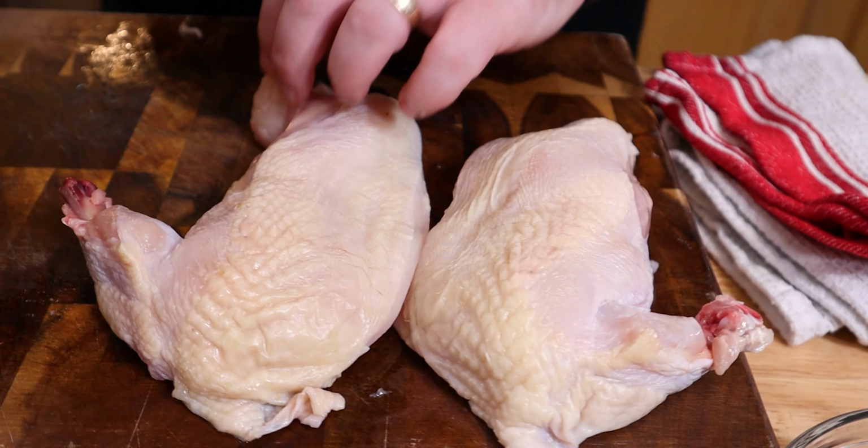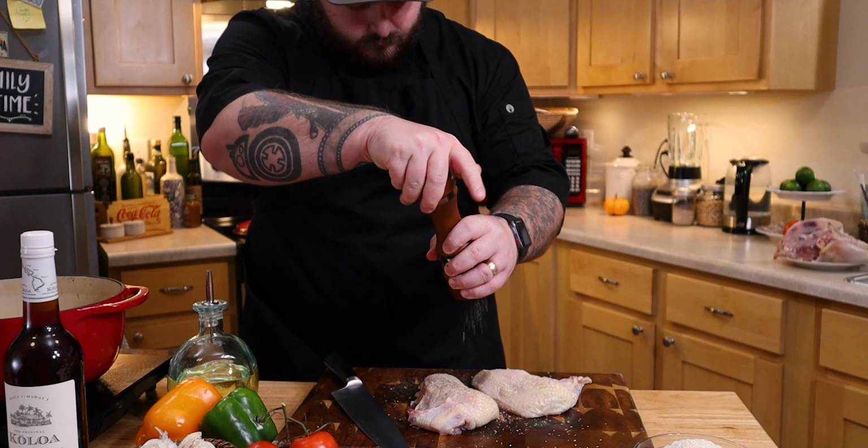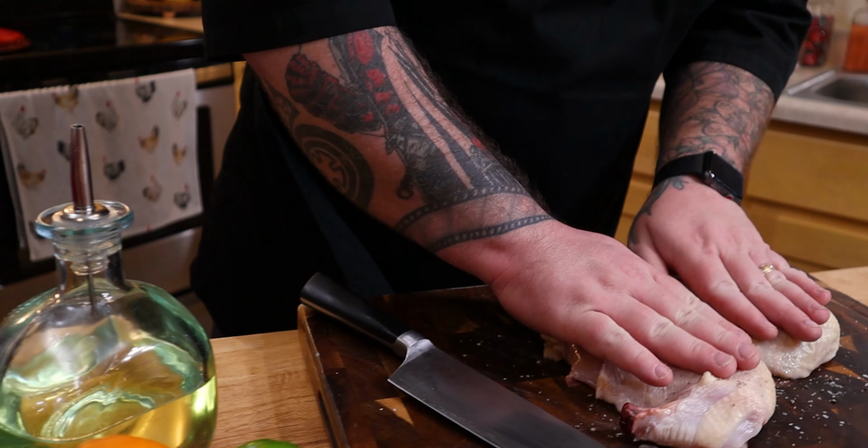It was originally referred to as the French cut. We call it the airline because at some point someone resembled it to an actual airline jet with the tail and the whatever. So now that we got our airline breasts nice and taken care of,